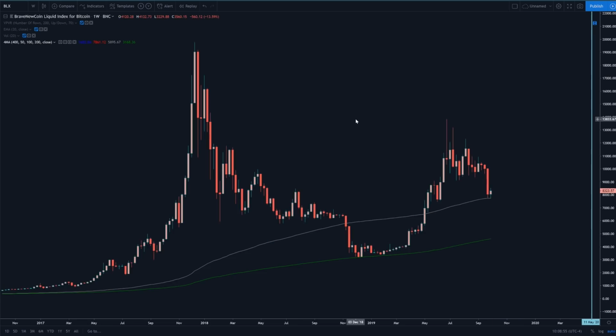Guys, I think it's important we discuss potential worst case scenarios on Bitcoin, not only so that we can profit from them, but also so that we can be prepared for them and make sure that we're safe if they do end up happening. We're going to be discussing the reasons why Bitcoin might fall through important support that it's above right now. We're going to be discussing the technical analysis surrounding all of this, levels of support, and potential bounce points as well. So guys, I think we have a great video lined up for you today.